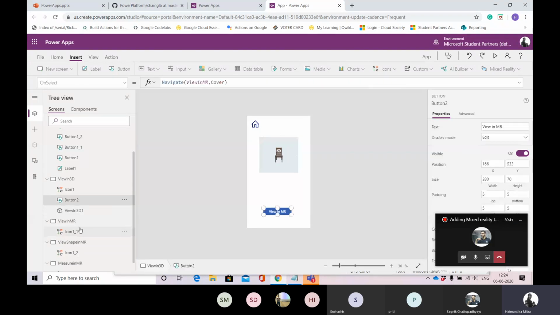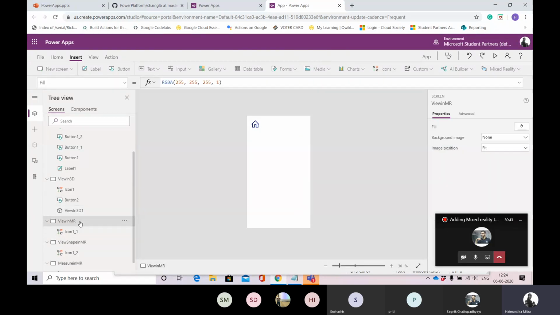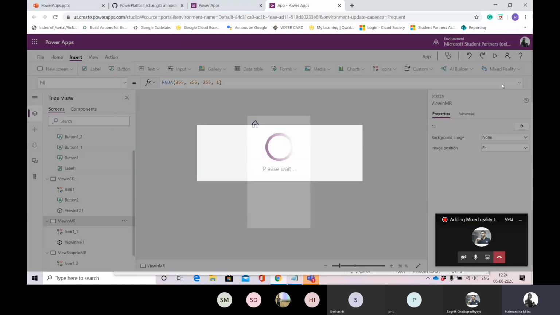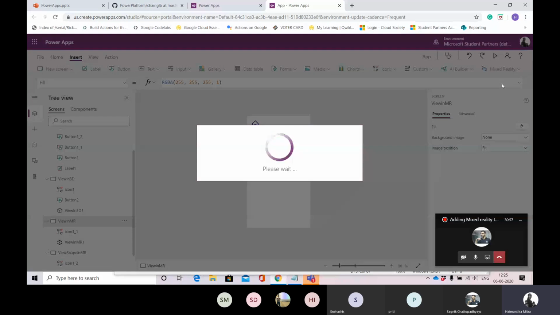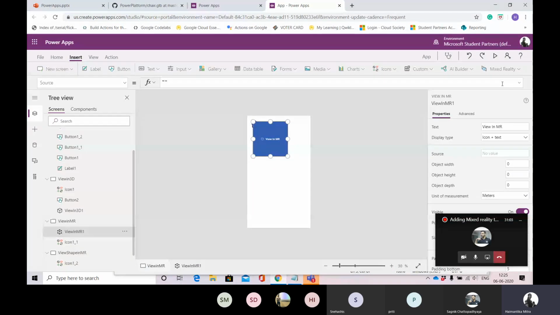Next is viewing in MR. So this will lead me to my second page, that is view in MR. For viewing in MR, we'll go to insert, then mixed reality, and as we can see there is a view in MR option. So we'll insert this. Yeah, so here we can use a formula that is set. Since all of you are new here, I won't be using that.